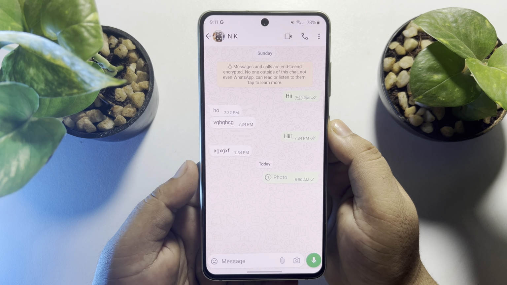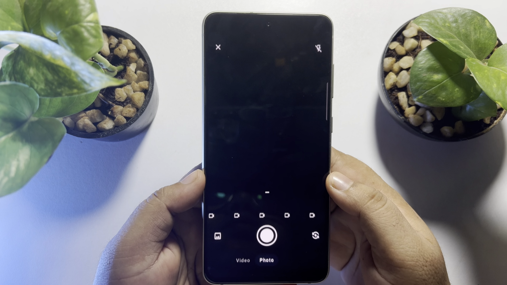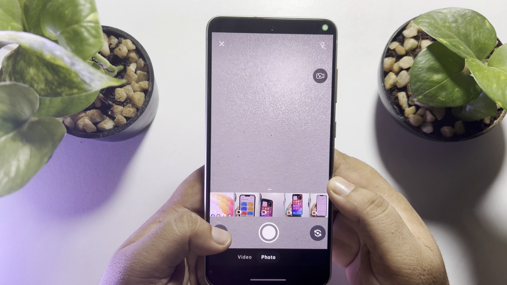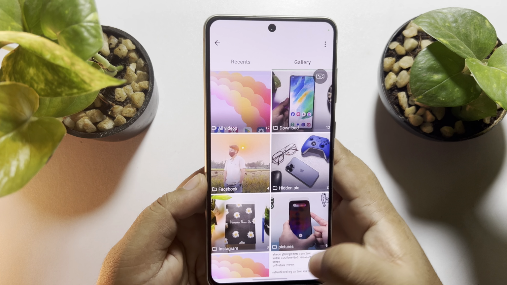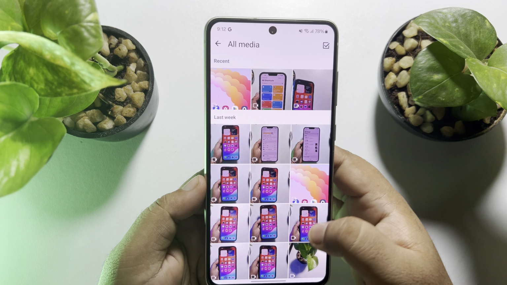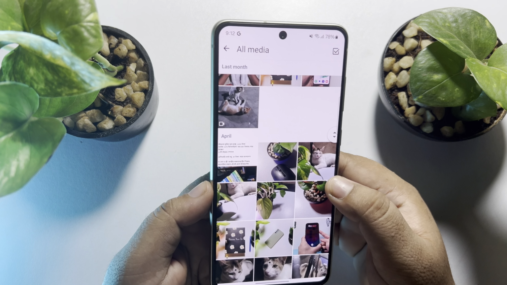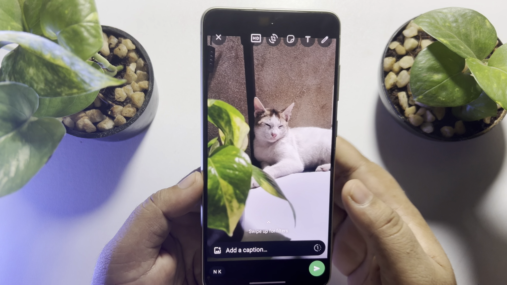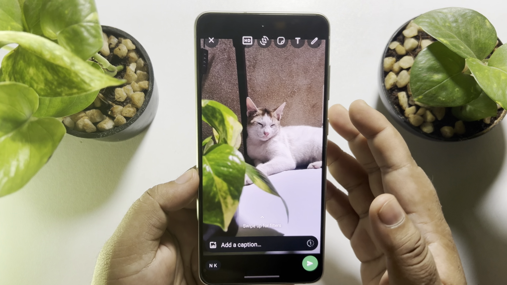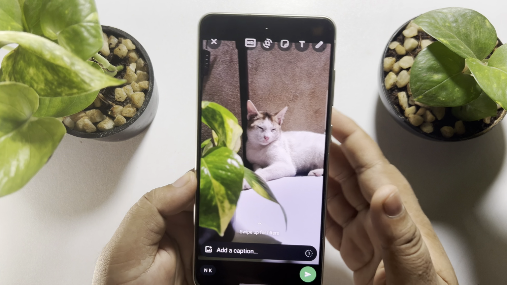And now I'm tapping on camera. And now you can upload a photo from your gallery. So I'm going to select a photo from my gallery. Once you've selected a photo that you've captured using your Android phone or iPhone, all you need to do is tap